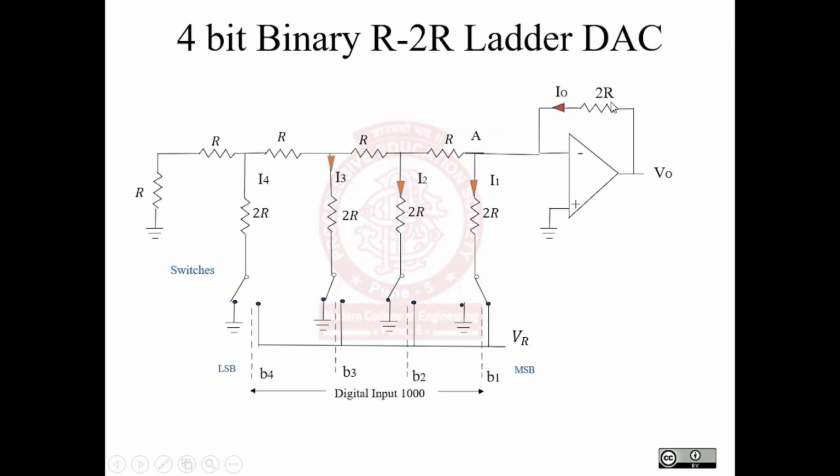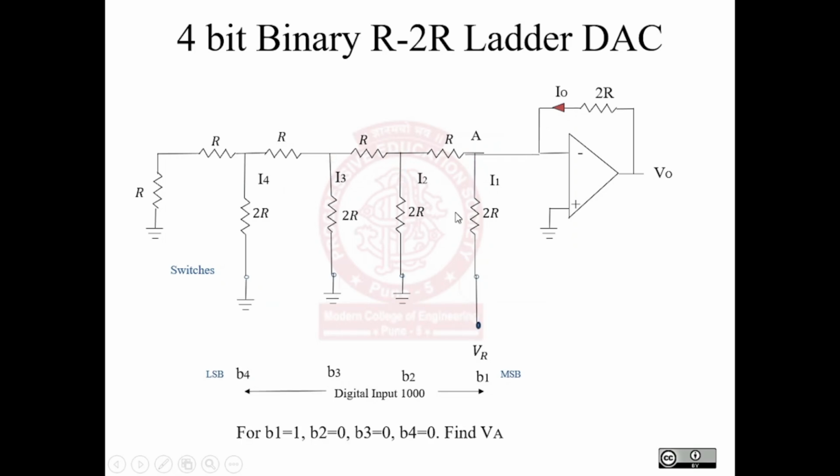Like in the previous diagram, similarly we have I0 which is divided into I1, I2, I3 and I4. In this animation we can see that I0 is divided into the currents I1, I2, I3 and I4. 2R is the feedback resistor. Now here what we will do is we will see what is the value of VA when B1 is 1,